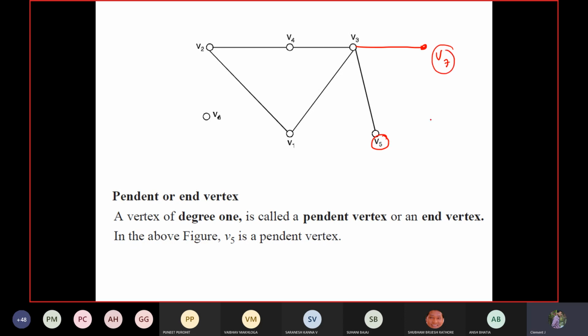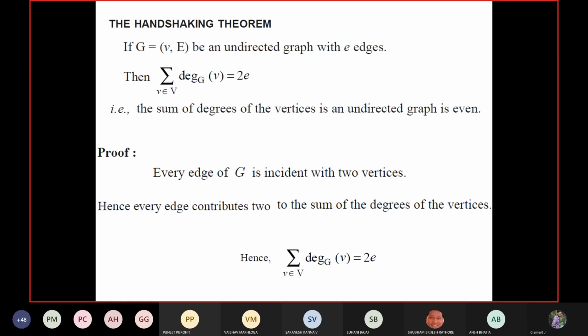Okay. So here, I'll repeat the definitions of isolated and pendant. Isolated means if one vertex has degree 0, then the vertex is called isolated. If one vertex has degree 1, such vertices are called pendant vertices. Okay. Next,